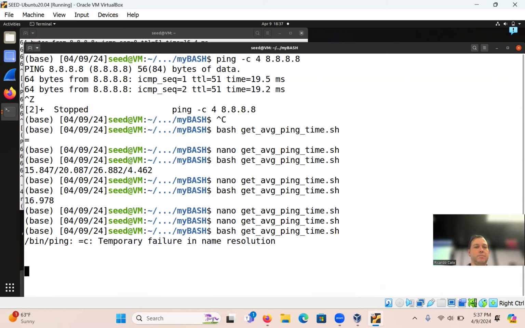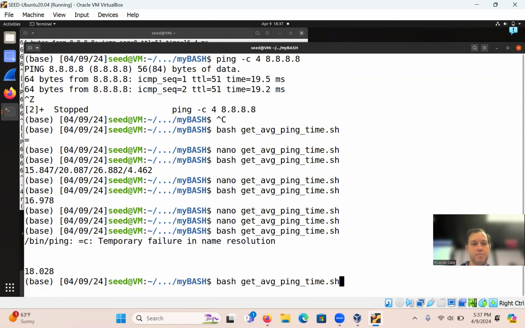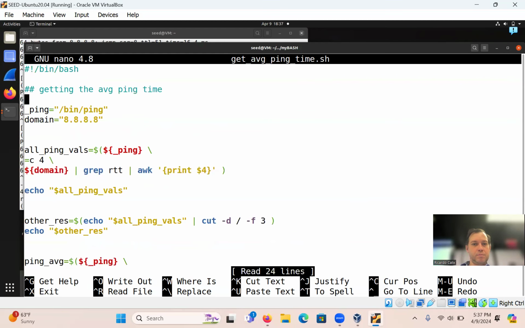Ah, didn't do it. Ping dash C domain. Oh, wait, I have an equal sign here. Oops. Yeah, because that error happened here. Wasn't even in this one.